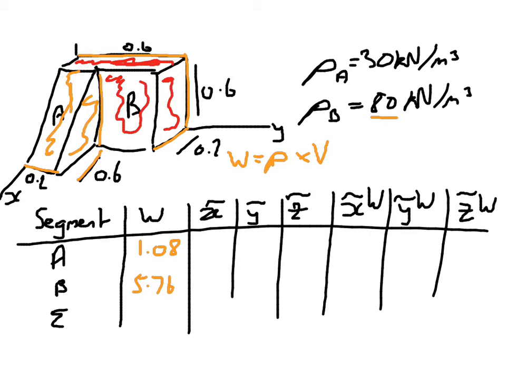So now you've got those. I'll give you a minute to fill in the table. If you pause the video, come back to it when you're ready for me to go through it. So what you should have found, well, the easiest bit to fill in to start with is to add up 1.08 and 5.76 to get